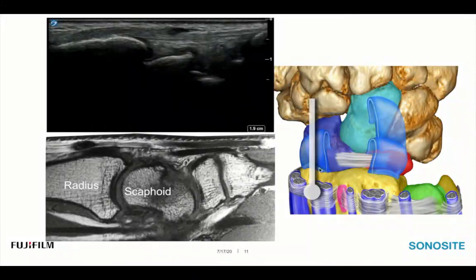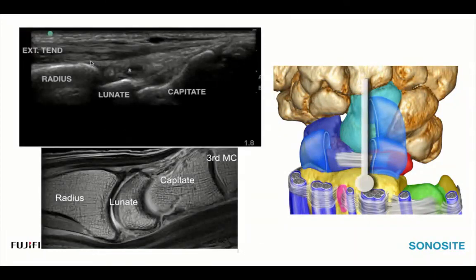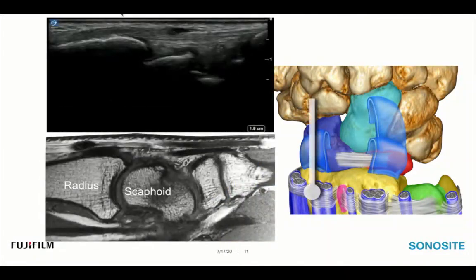Moving radial now, so we've gone from midline, and now we're shifting over radially, and we have the left side of the screen still over the bony landmark of the radius, and then we see this almost a stair step where, if we go back one slide, everything was kind of in a row mid-sagittally, and you can see that the lunate has its own shape, it's more rounded, and the capitate's also very rounded, as well as the radius. When we move radially, you can see that the radius kind of has this abrupt stop, and then the